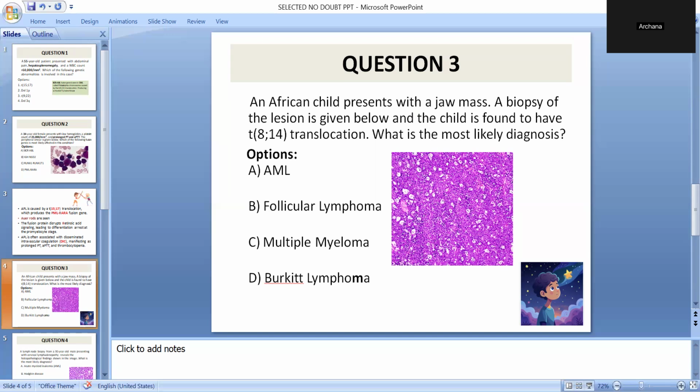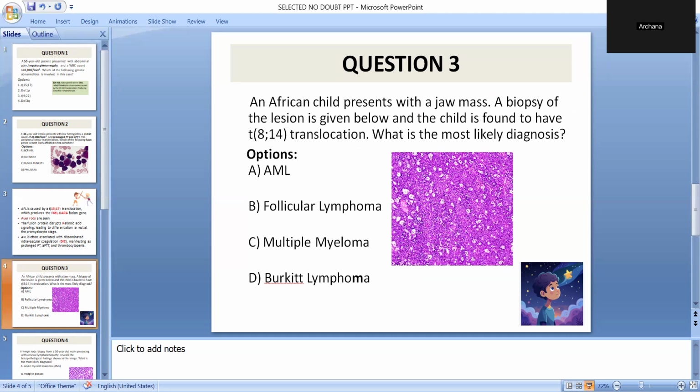When you're running, you're all right, you don't get hurt. If you're getting hurt, you can't run. So the very fact that you're running rules out bleeding tendency. The easiest way to remember is PML-RARA: remember the two boys fighting with sticks, 15, 17. RUNX1, there is no bleeding tendency and there are no Auer rods. RUNX1-T1 is also seen in AML, but it does not have DIC nor Auer rods. Okay, we'll move on to the next question, question number 3.